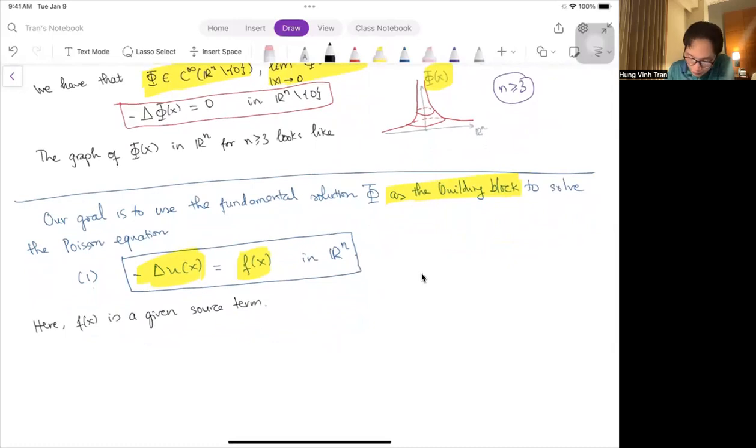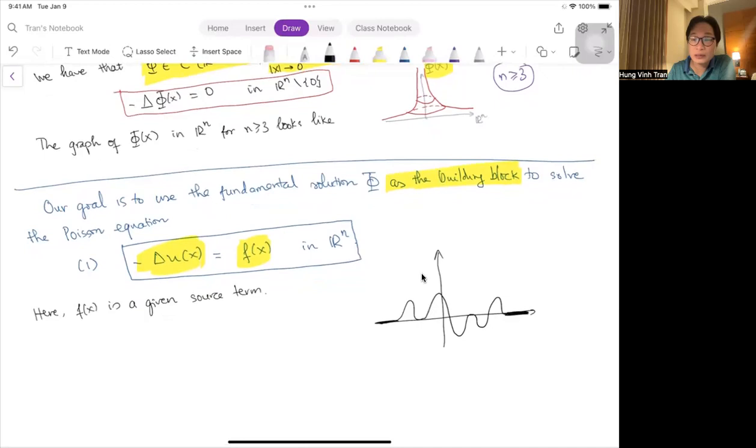Intuitively, our given source term can be something like this, and then we try to break it into pieces and use the fundamental solution as a building block to put things together to solve the Poisson equation. Let me put the assumption on f. Let me write down and then I'll explain to you the terminology. We assume